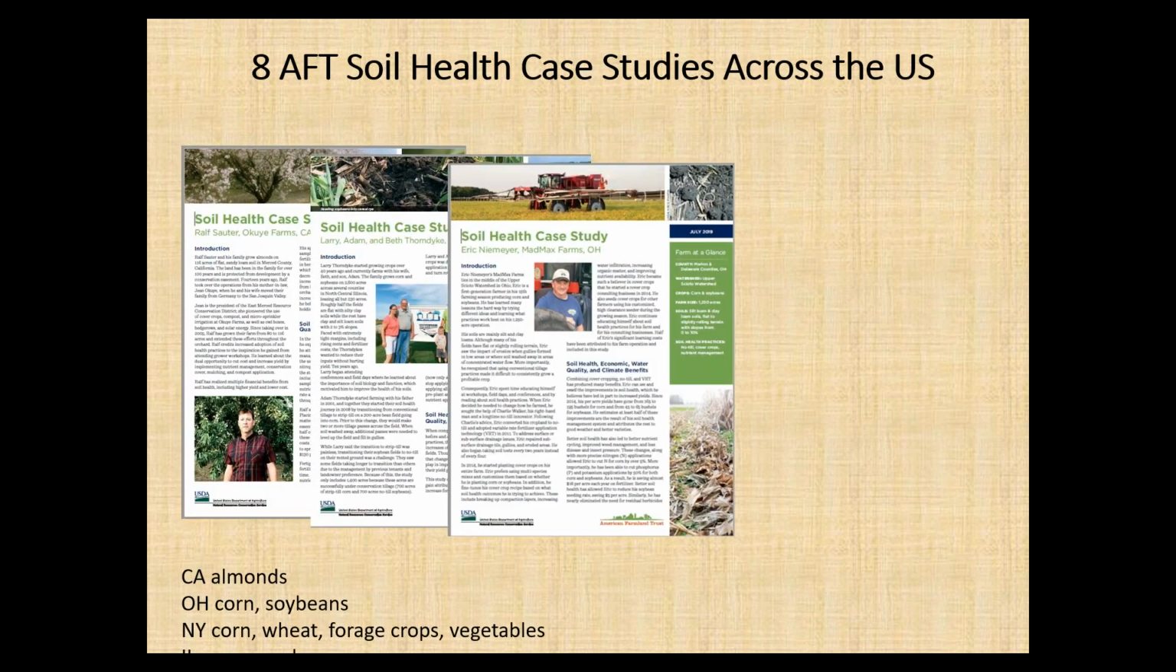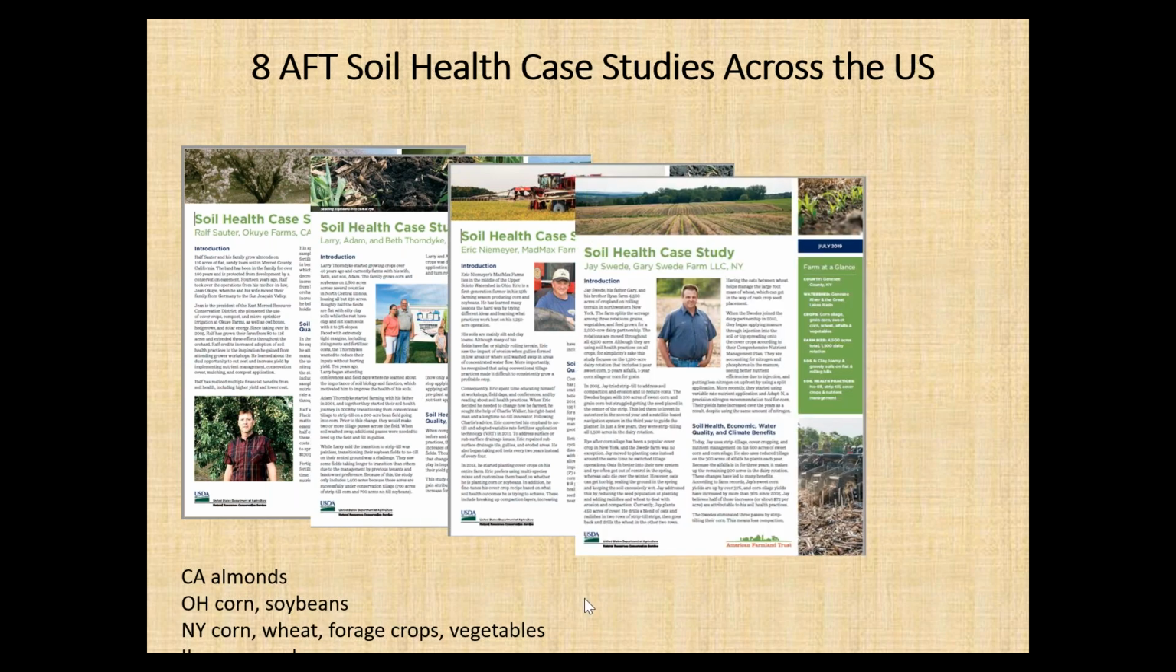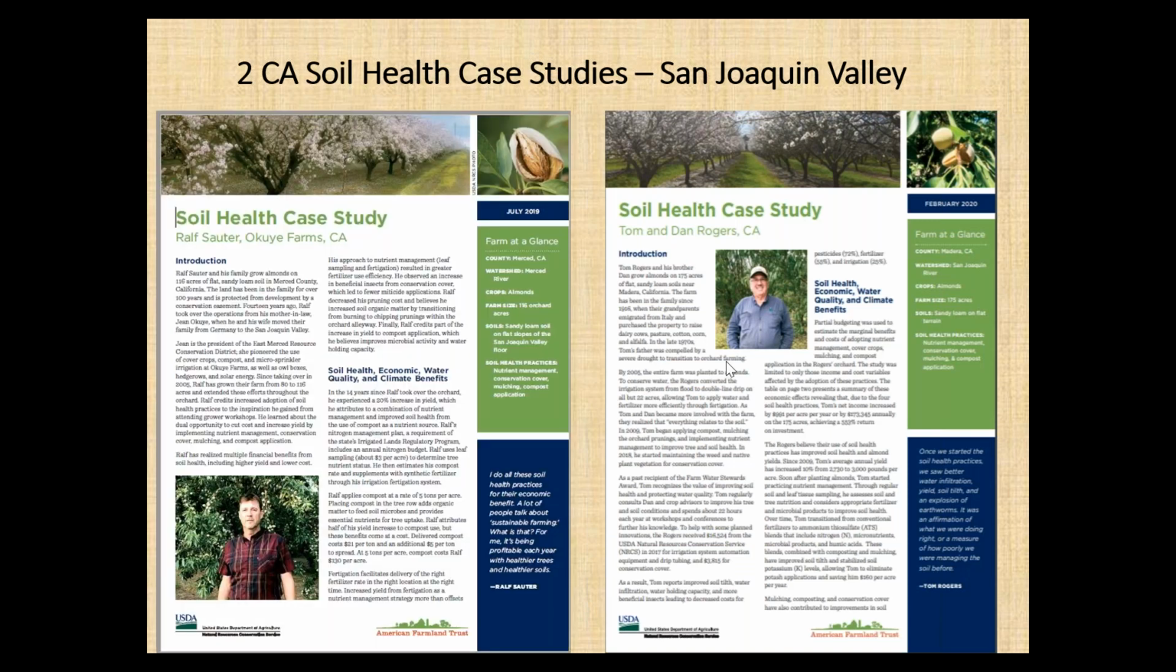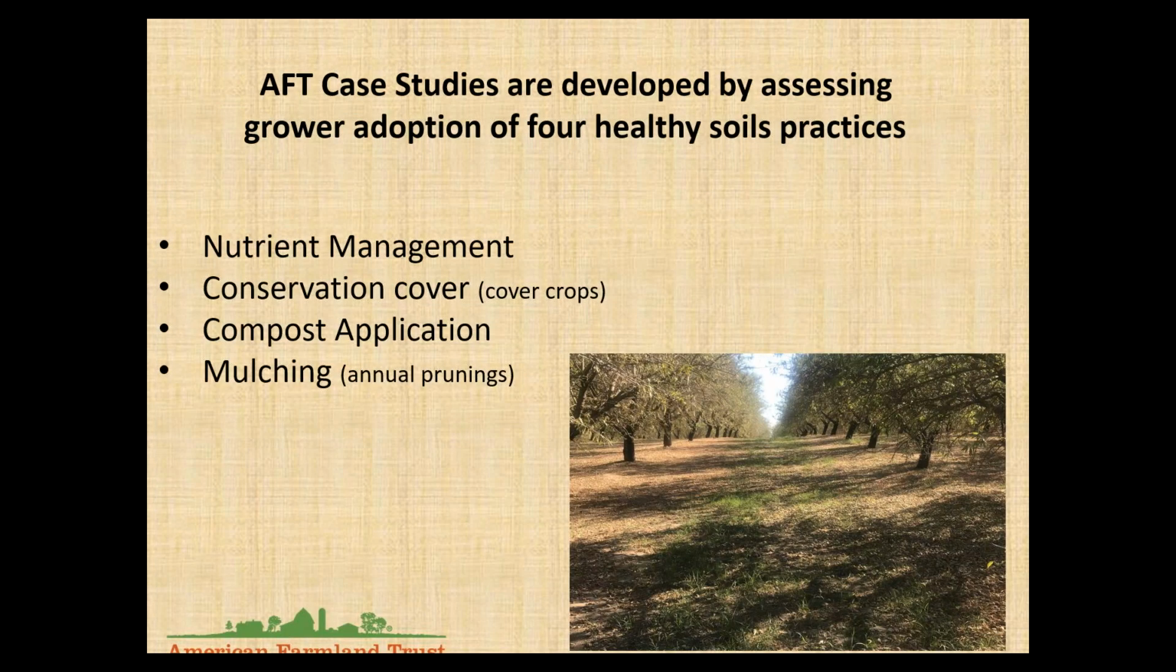AFT has published 8 soil health case studies across the US, different crops in different states, and has published 2 soil health case studies in the San Joaquin Valley, both with almond growers. AFT's case studies, especially for California, are developed by assessing grower adoption of 4 healthy soils practices: nutrient management, conservation